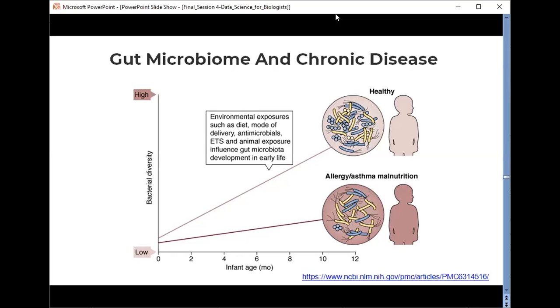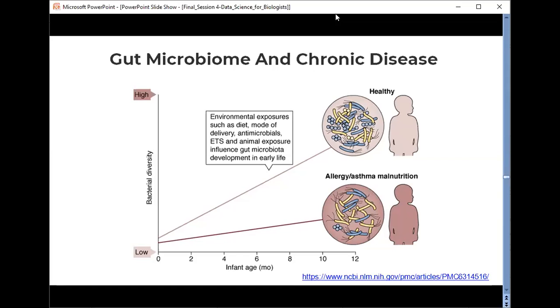So now we have talked a lot about the microbiome composition and learned about the microbiome. Now let's run a simple metagenomics pipeline to understand how we can study the gut microbiome.